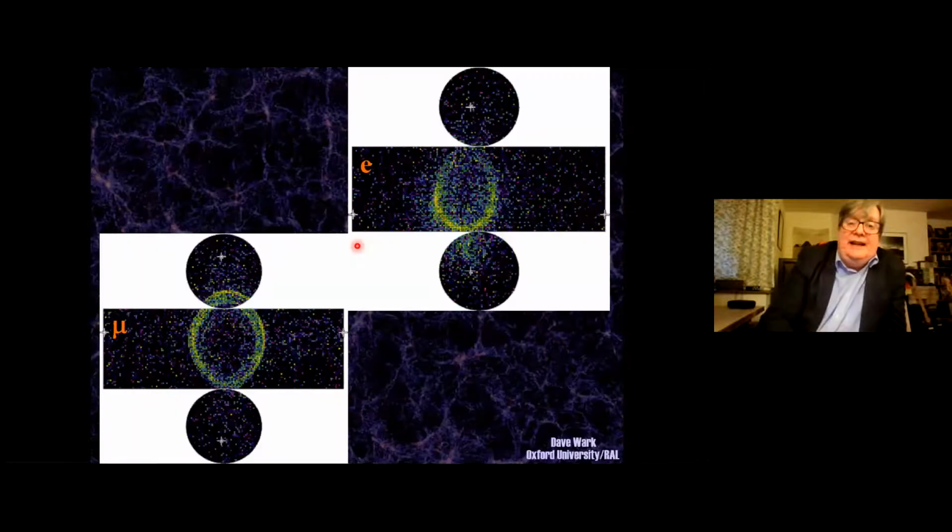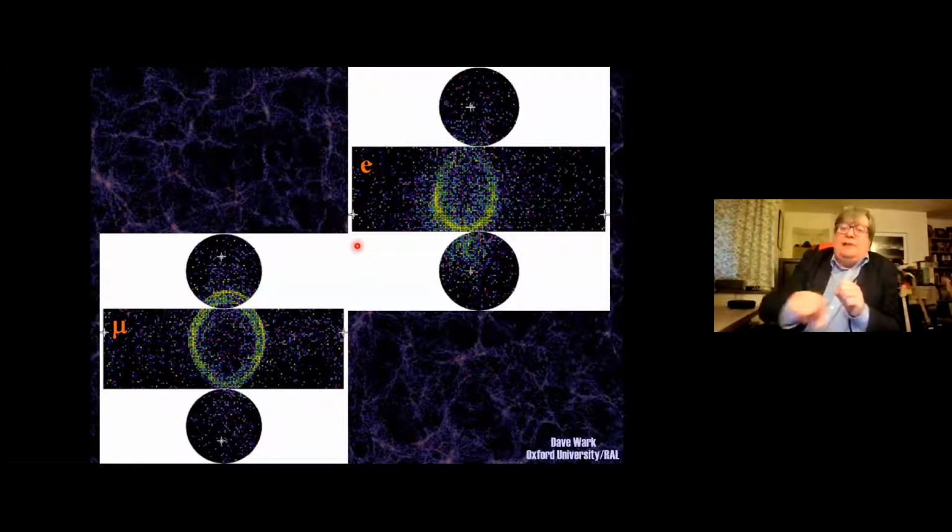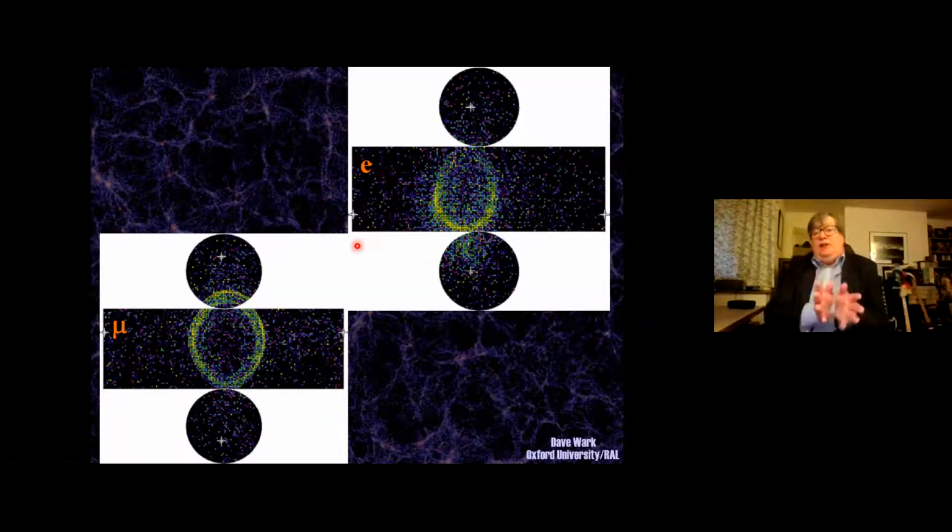And the way it does that is by looking at Cherenkov radiation. So when a neutrino interacts in the water, it makes a muon. That muon is traveling faster than the local speed of light. Given the energy of our beam, the muons are hundreds of MeV or GeV. They're traveling faster than the local speed of light in the water, meaning they emit Cherenkov radiation, which takes the form of a cone of blue light. And that cone of blue light goes out and hits the phototubes, and it makes a ring.